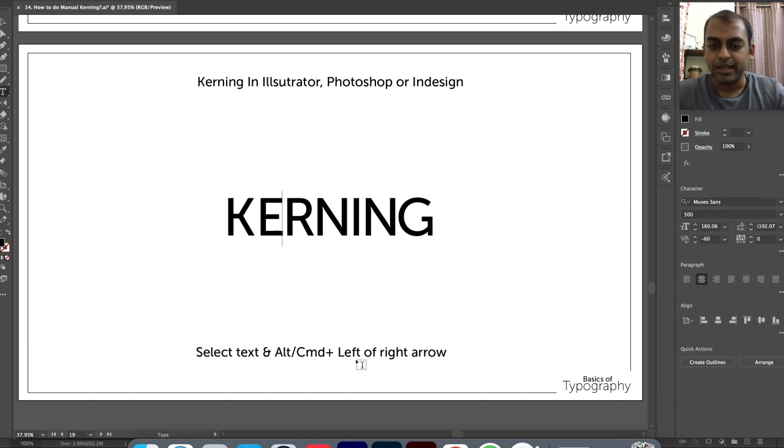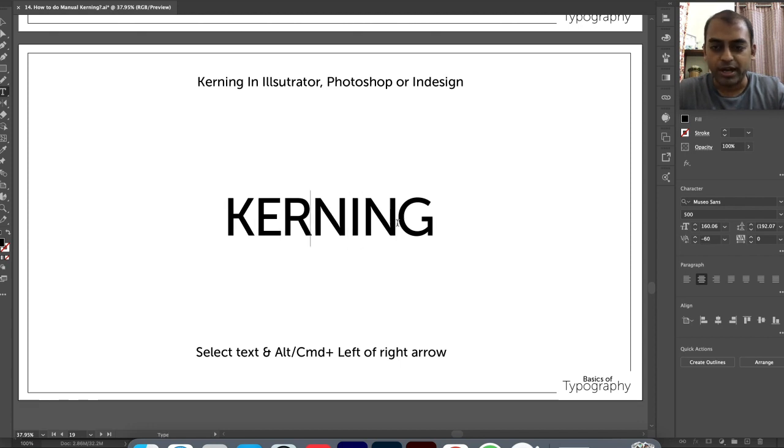Let us keep K, and I think that's it. There is not any other troublemaking letter. Just next to K, the spacing before E seems to be much higher. So how much spacing is needed for each and every letter? It depends on the area of the letter: where there is more area, there should be more space. So N and I has more area, so it should be more spacious. Same for I and N, it should be more spacious compared to N and G, where the area of G is lesser. So here the spacing can be lesser, so this spacing is okay.